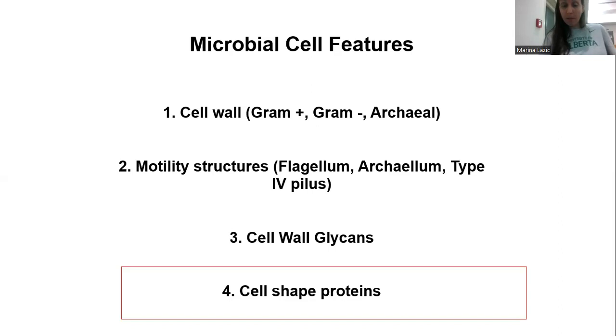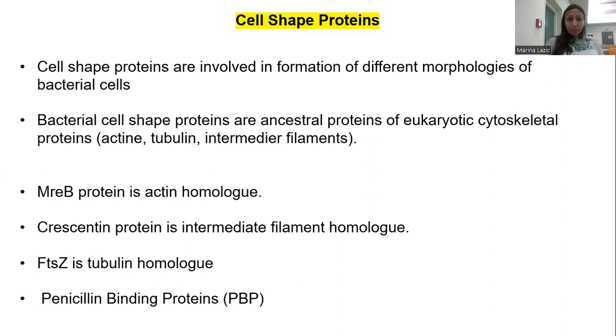And the last topic for microbial cell features is cell-shape proteins. There are three of them that we will cover, and they are involved in the formation of different morphologies of the bacterial cell. Again, there are only three of them. Those proteins are analogs to the eukaryotic cytoskeletal proteins actin, tubulin, and intermediate filaments. And you do need to know what is analog to what. So MreB is a homolog of actin, FtsZ is a homolog of tubulin, and last but not least, crescentin is a homolog